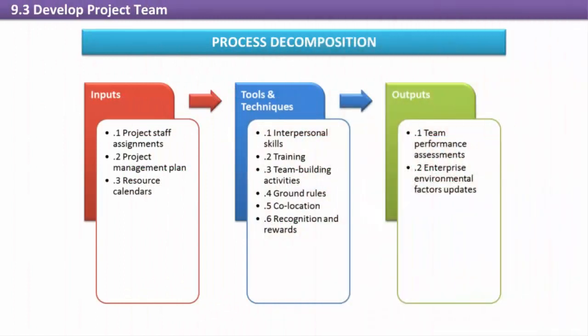Develop project team activities in the develop project team process. Train, motivate, and reward the project staff by implementing the applicable components of the staffing management plan. Though not explicitly listed as an output, the goal of our actions in this process is to turn the work group assembled from the previous process into a cohesive, high-performing team, which will result in greater productivity and better quality